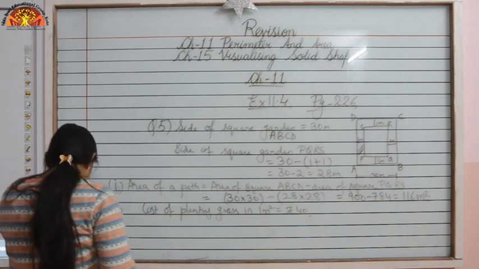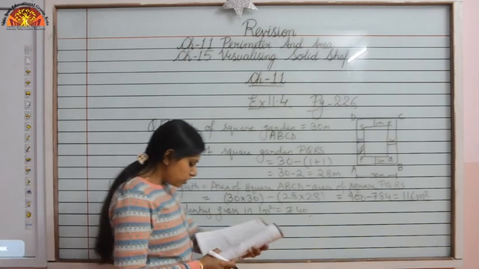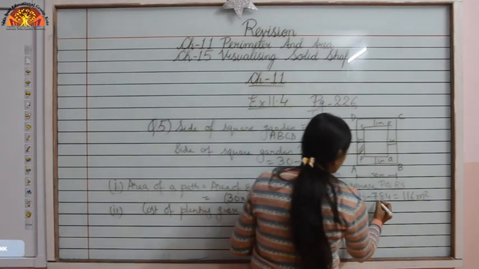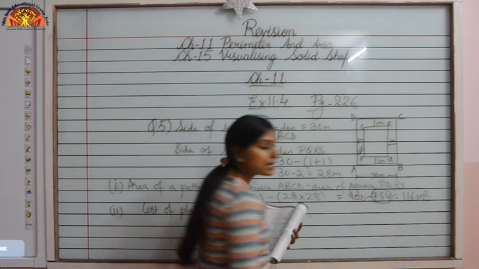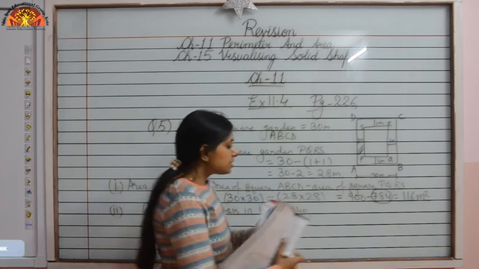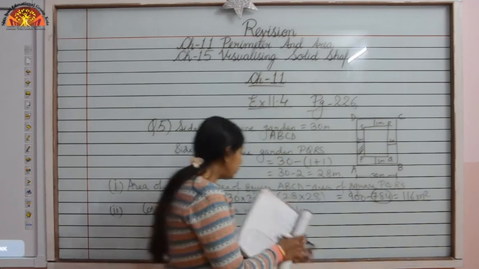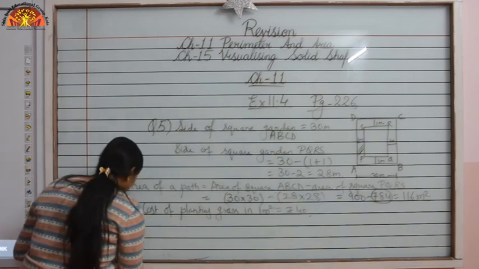Okay. And children, as you have to calculate the cost of planting the grass in the remaining portion of the garden, so what is the area of the remaining portion of the garden? That is 784. That is the area of the remaining portion of the garden is 784. So we can write, therefore